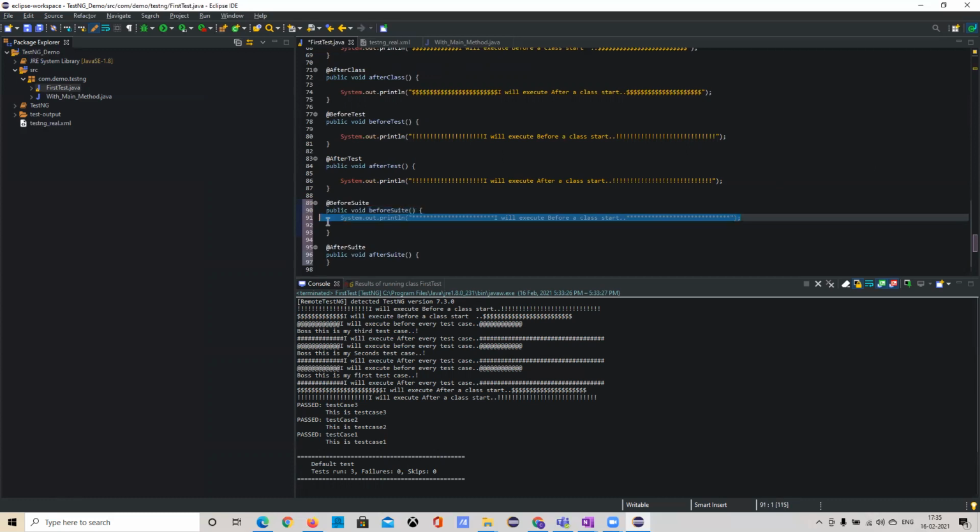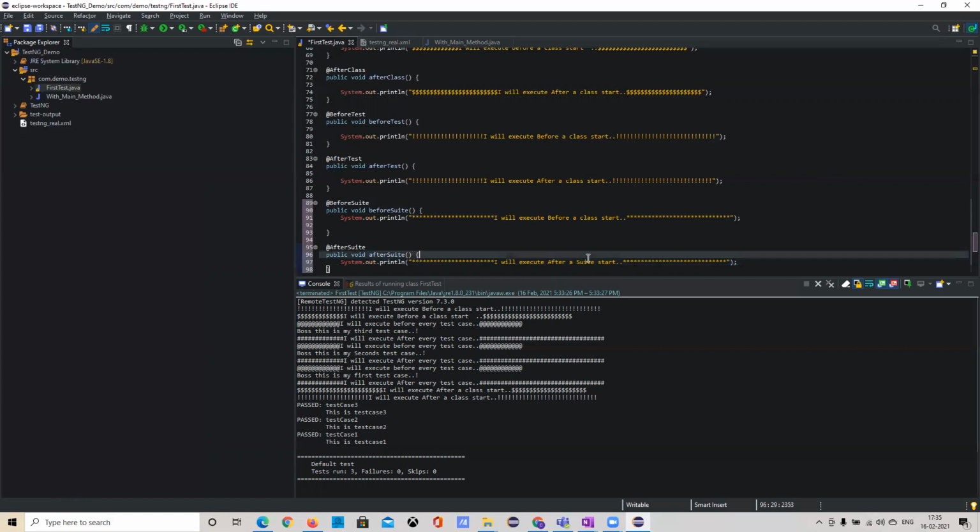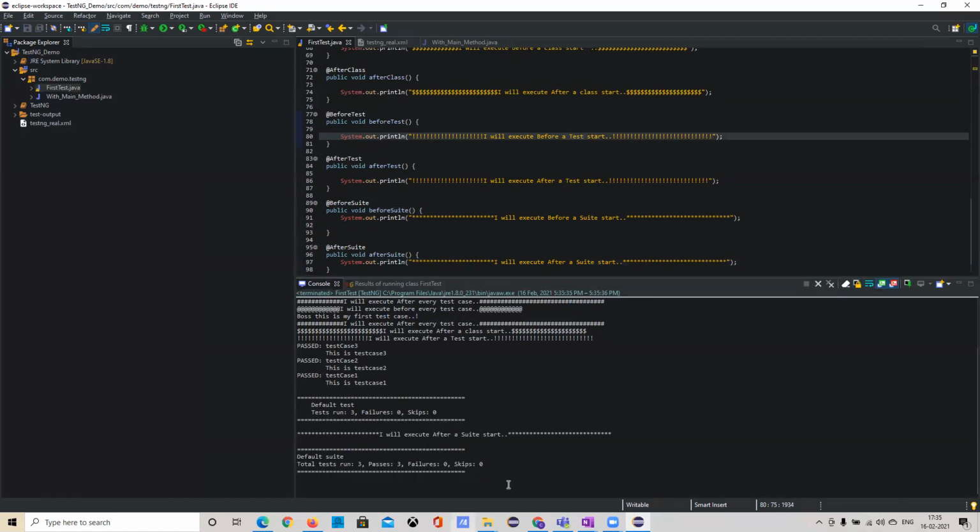I'll copy this and paste it here. And then this is after suite, and this is test. This is test. If you see here,